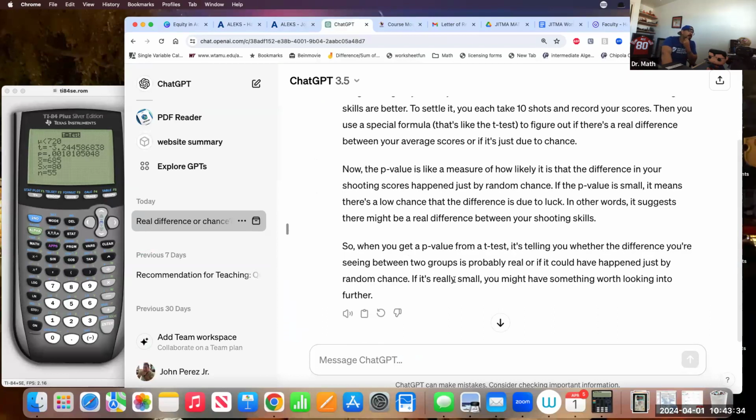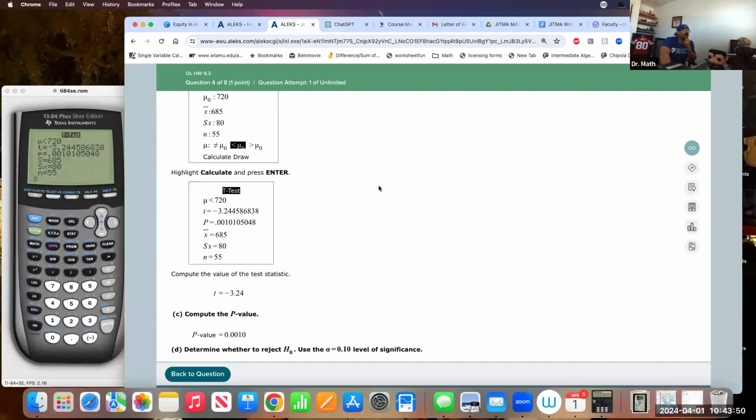So if it's a really small p-value, you have something worth looking into further. Tongue twister for me. It got me on that one. So basically what it's saying is, man, look how small our p-value is. That's tiny. So what this is saying is you have really extremely strong evidence showing that